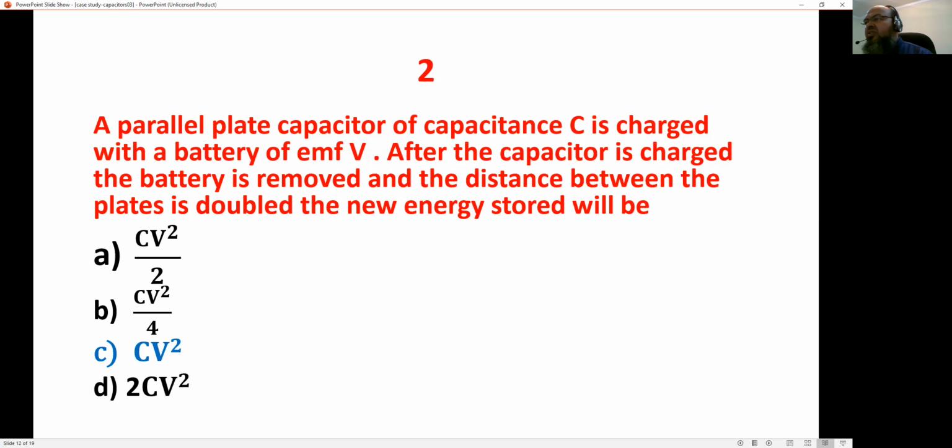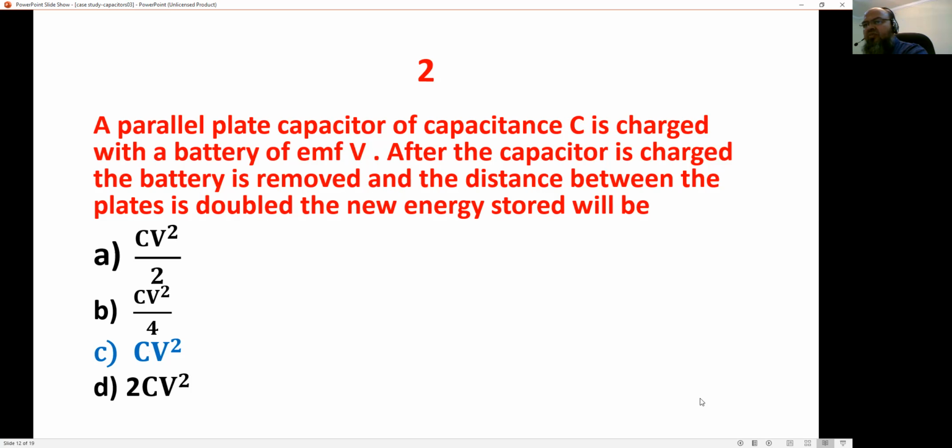transferred. Now the second question can be asked on your previous study, that a parallel plate capacitor of capacitance C is charged with a battery of EMF V. After the capacitor is charged, the battery is removed and the distance between the plates is doubled, and the new energy stored will be how much? So you see that distance between the plate is doubled. Distance between the plate is a small d. A small d is doubled and capacitor is charged, battery is removed, then what will be the new energy stored